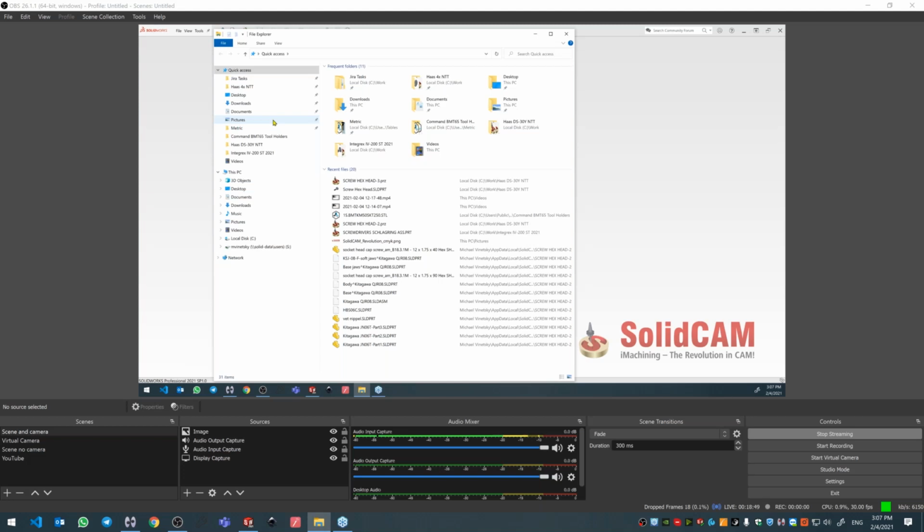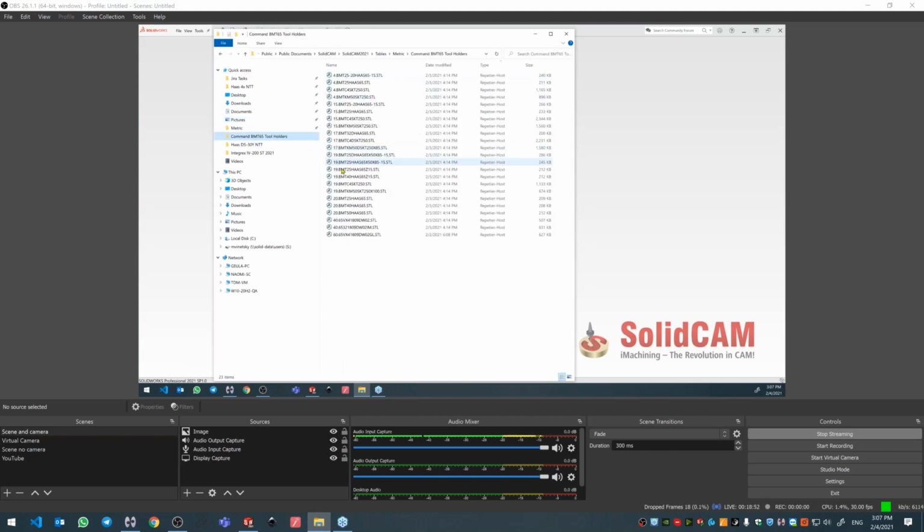So I downloaded a lot of holders in STL format for this machine that I'm going to use. I'm going to present it on a Haas mill turn machine, which uses BMT stations for holders. So you see now the number of STL files